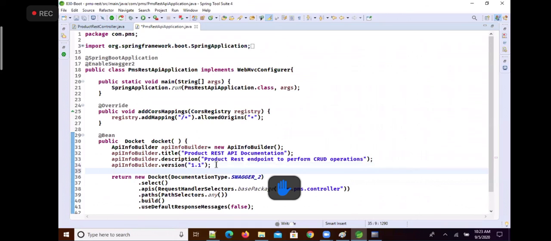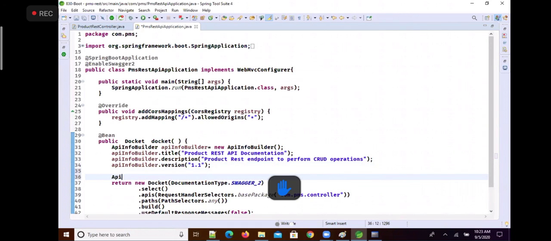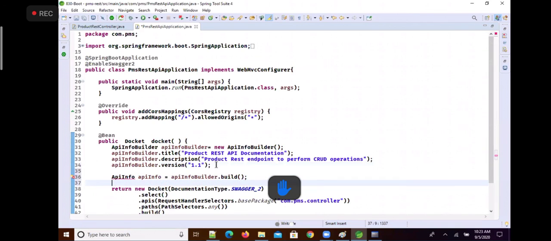And now ApiInfo, say ApiInfo is equal to ApiInfoBuilder dot build. This build method of ApiInfoBuilder will create an ApiInfo object.